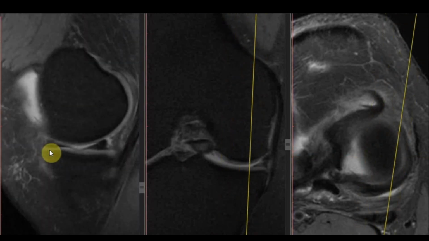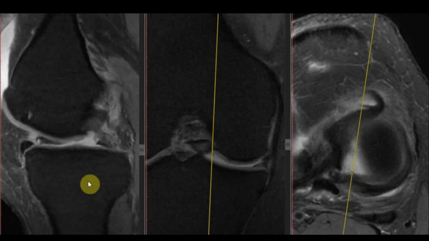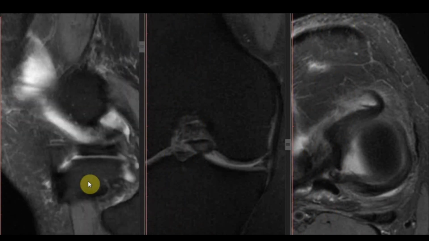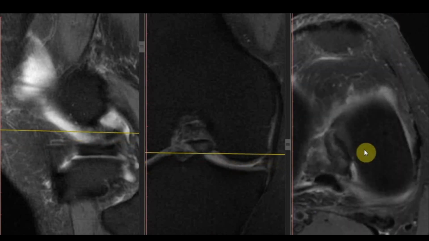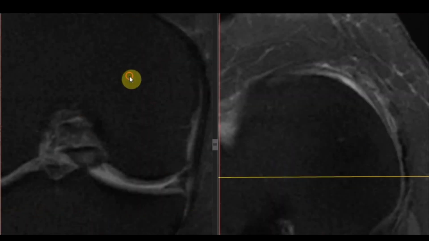When we section the menisci in the peripheral sagittal plane, we fail to see any typical bow tie appearance of the meniscus, and so this is absent bow tie. There is double delta sign, there is double PCL sign. So this is a case of bucket handle tear. We can see here, this is the handle of the bucket, and this is the bucket. I hope it is clear. Let's move to the next case.